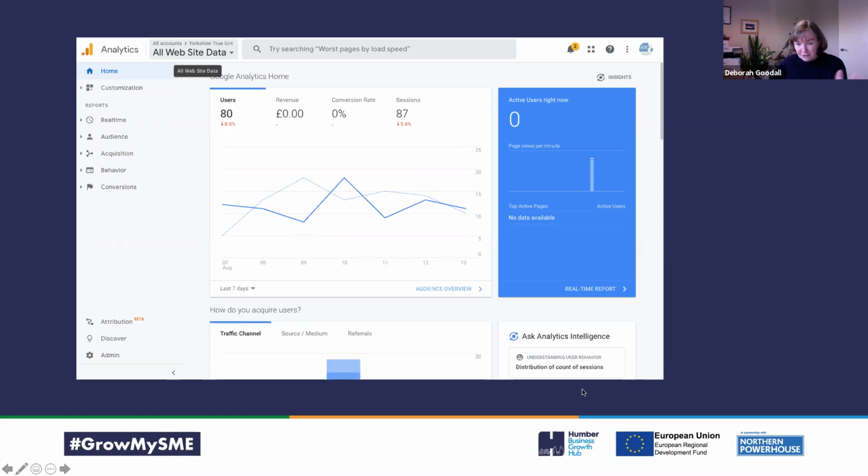So I would suggest that once you've got Google Analytics code in your website and you're using it, that you keep an eye on it maybe once a month, because anything else is not enough information to be able to make a real picture of what's happening. So you might have spikes for various different reasons, or there might be just something odd going on. So dipping in once a month is probably enough, unless you've got loads of abandoned carts or something and you need to be monitoring it on a much more frequent basis.